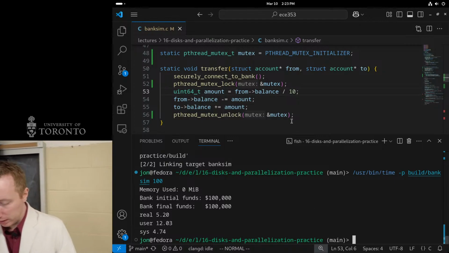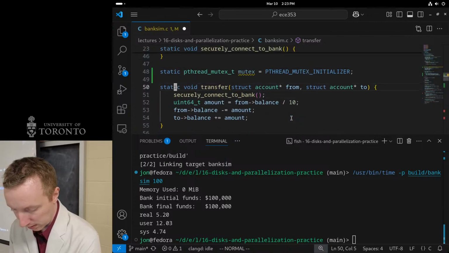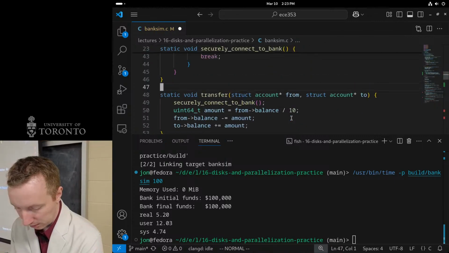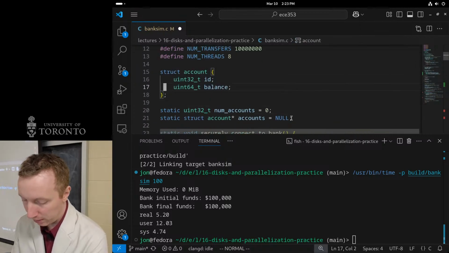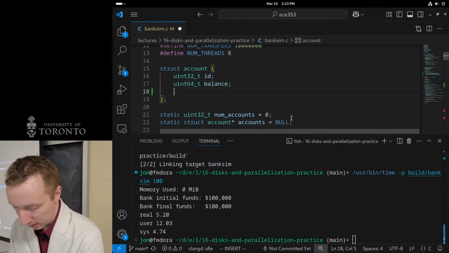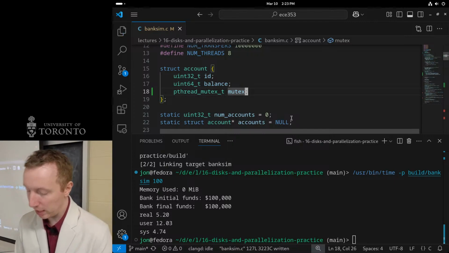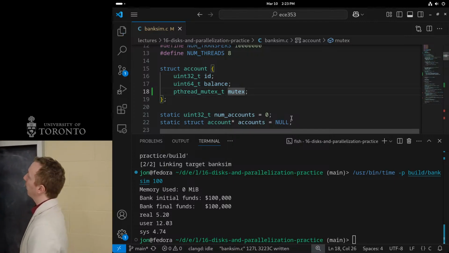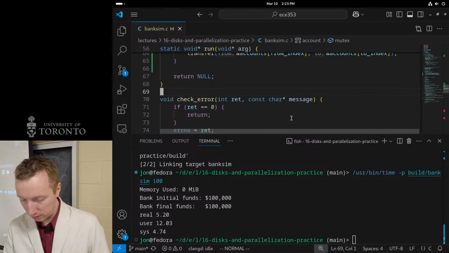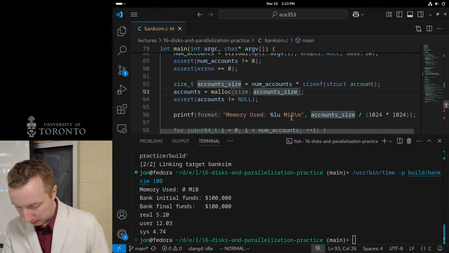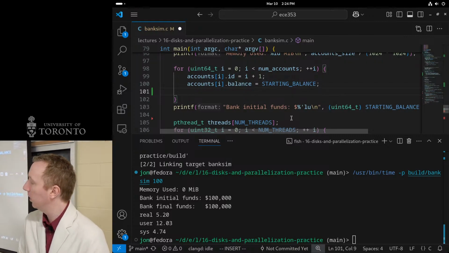So let's do that. So let's go up. Thankfully enough, in this struct account, I can just add a mutex here, right? So just add a mutex for every account. So with that, I'm going to have to initialize it too. I'm going to have to come down to where I initialize it, and I'll just initialize every single account's mutex.